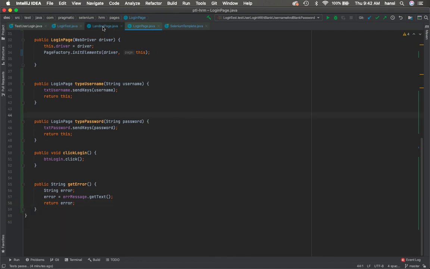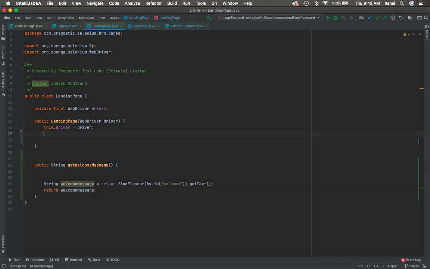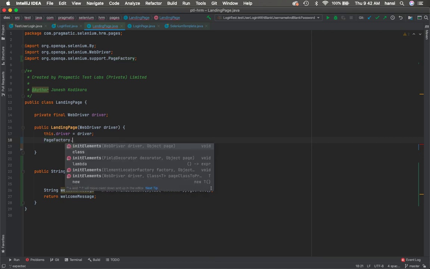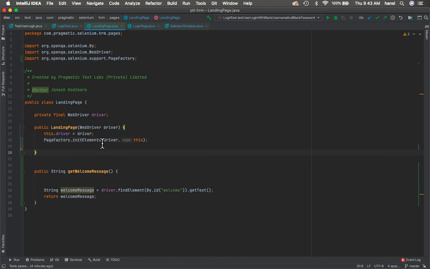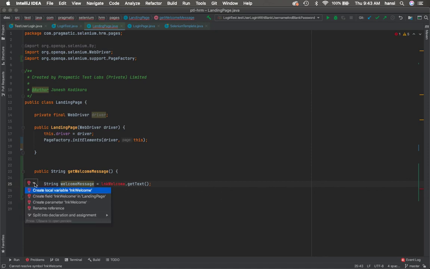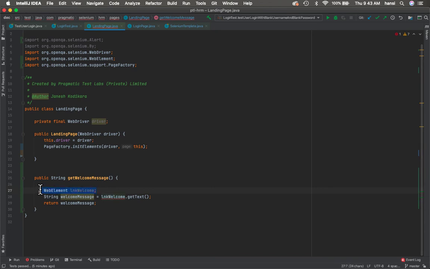Now you need to make the same changes to the landing page as well. Simply call the PageFactory dot initElements and pass the driver and pass this object. So this will do the magic. Now you need to define the element welcome here. Say we'll call this lnk login, and create this variable, and we should move this web element to the top,